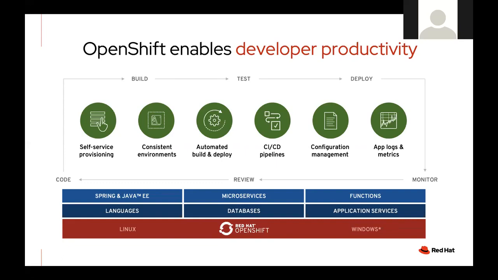We bring them service mesh capabilities to operate function as a service. Also, we have automated builds and deploy. We have automated pipelines, and again, application logs and metrics and full configuration management. So for a developer, they will not find an easier and more complete platform than Red Hat OpenShift to quickly and easily build their applications, test them, and deploy in a fully automated way between the development and the operations team. So these are the benefits of Red Hat OpenShift.